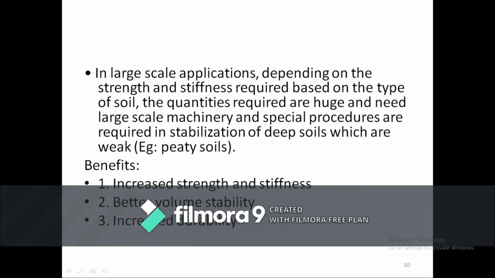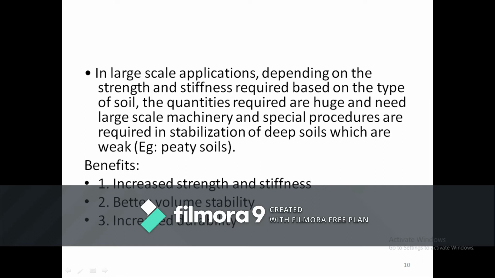So in large scale applications, depending on the strength and stiffness required based on the type of the soil, the quantities required are huge and need large scale machinery, and special procedures are required in stabilization of deep soils which are weak. Example mainly peaty soils.